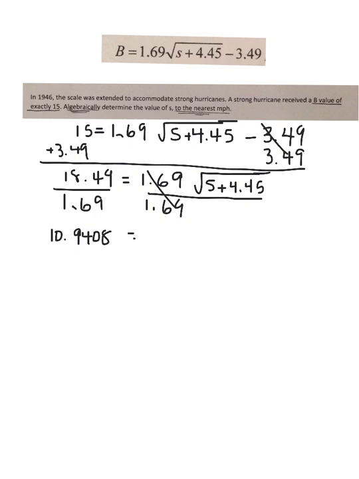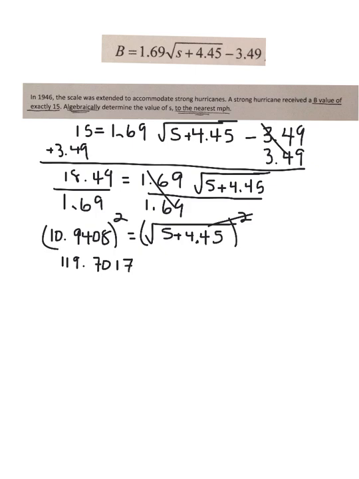Okay, and now we know that that is equal to the square root of s plus 4.45. Oops, that's supposed to be a decimal there. We've finally isolated the radical. So remember, after you isolate that radical, you're going to square both sides. So I'm going to square the left and square the right. I would definitely use your calculator. And this is going to be 119.7017, going out 4 places past the decimal. And that is now equal to s plus 4.45